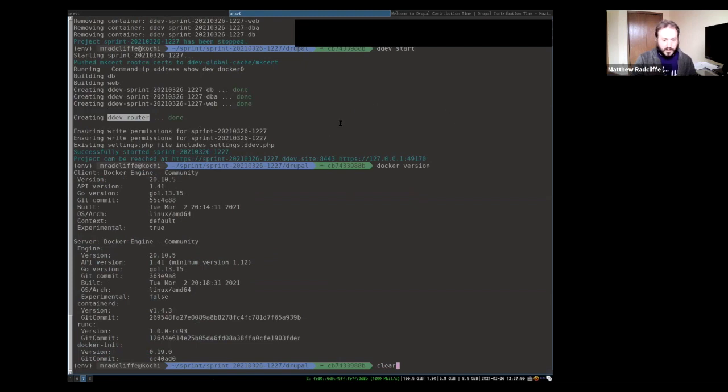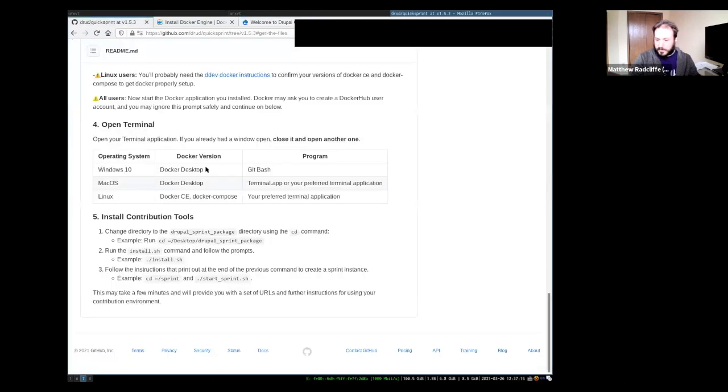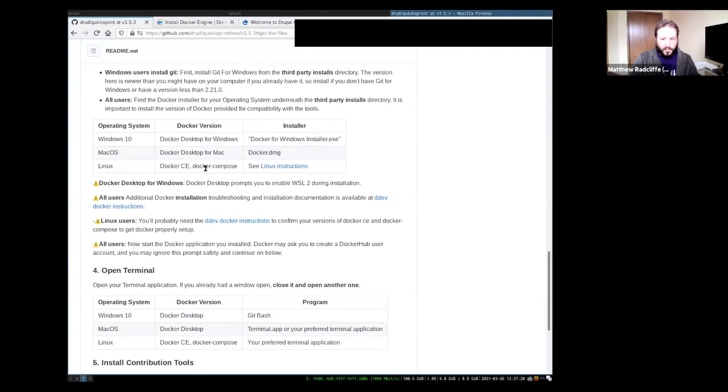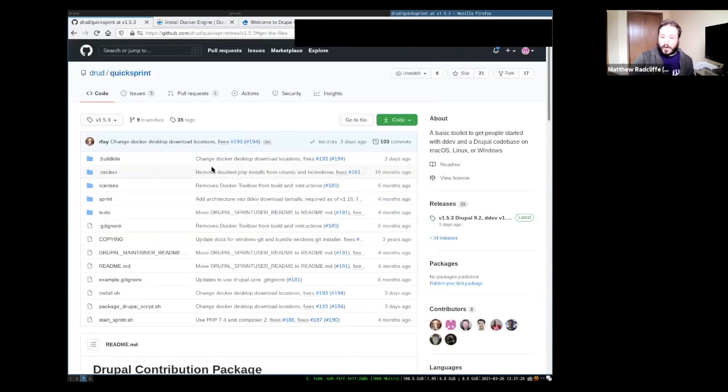Okay, so at this point, I've run through things. I wanted to cover something extra before I start. I'll stop sharing and we'll see where everyone else is at. And that is that Matt Glaman yesterday, and for tomorrow, wanted to show how to run Nightwatch tests as part of contributing to Drupal core.